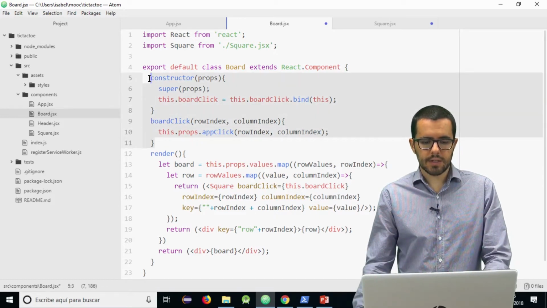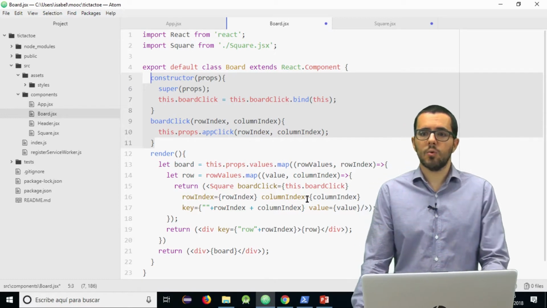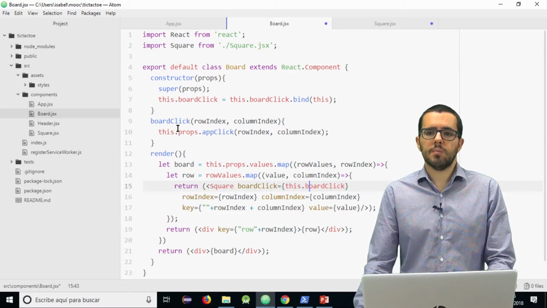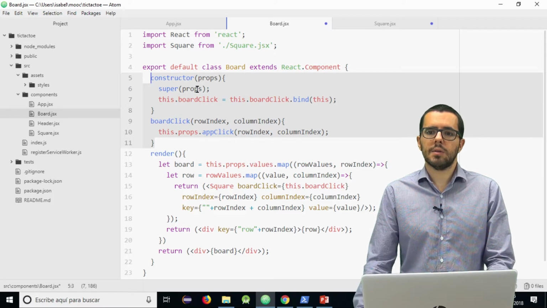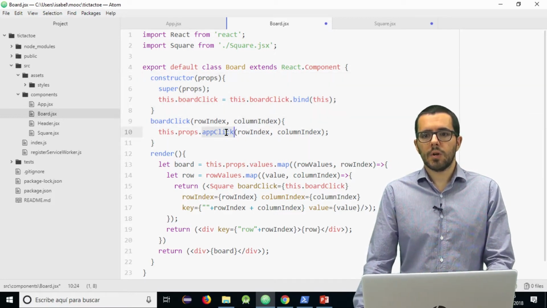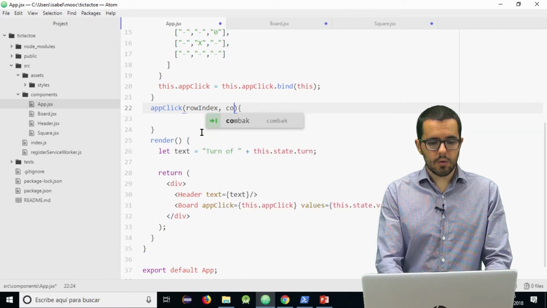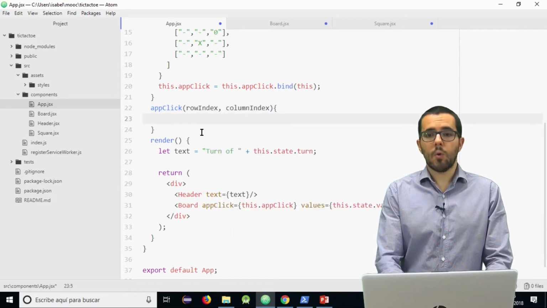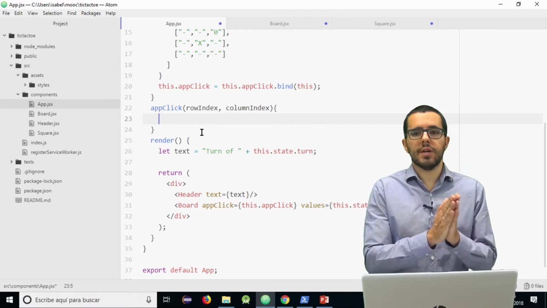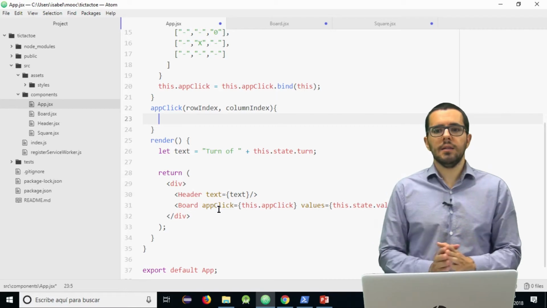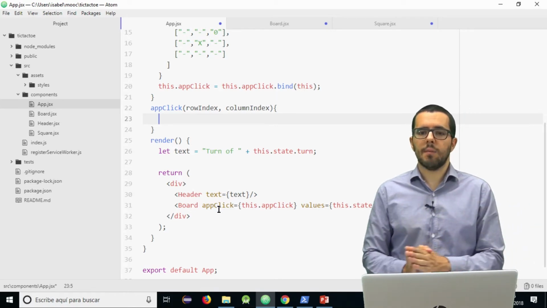This part here is very easy and it doesn't do almost anything. That could have been done here, calling this.props.upClick directly with an arrow function, but for simplicity, although it's a little bit verbose, we have done it here. We call upClick with row and column index, and in upClick we receive the row and column index, and now we have to do our application logic. We have created the structure. We have passed it to the child, and we receive the call when something happens.